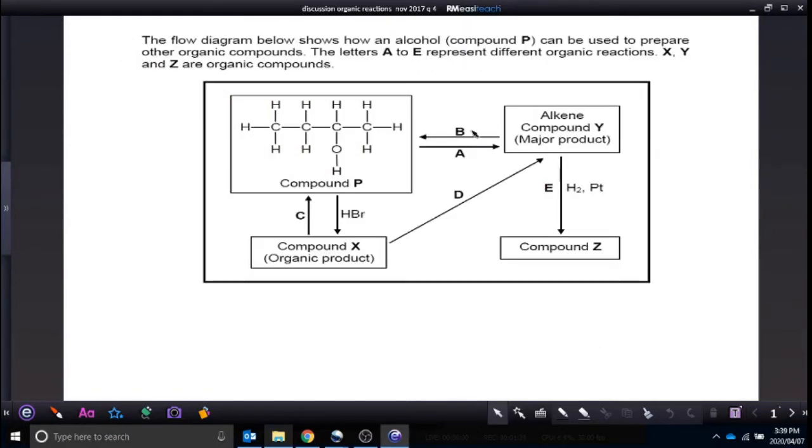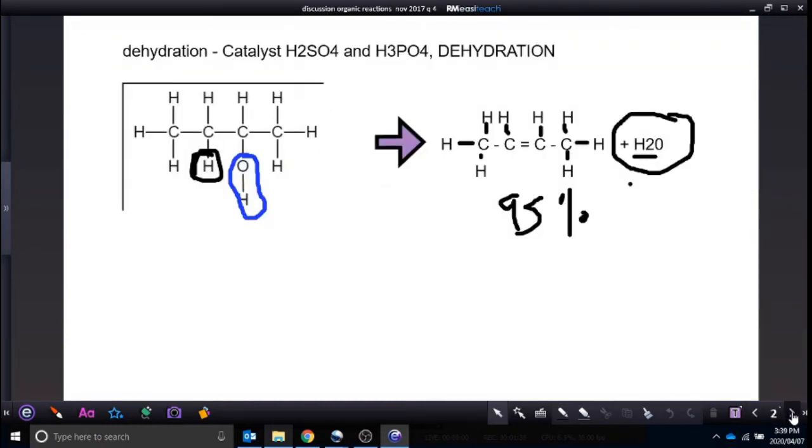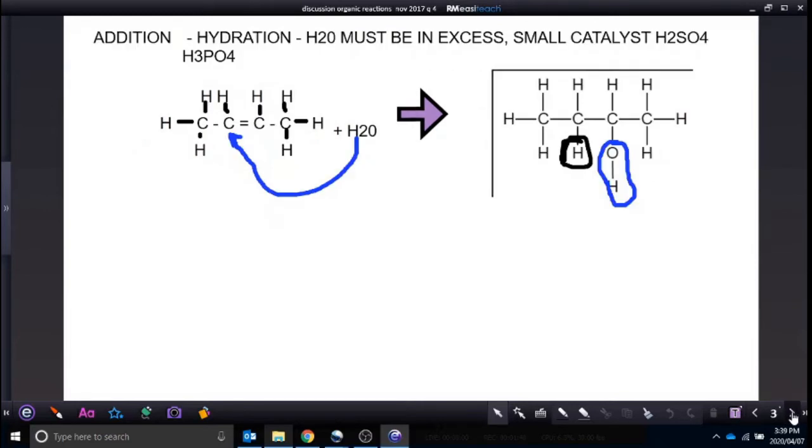So for B it was vice versa. If the first one was an elimination reaction, then the second one will be an addition reaction. So if the one was dehydration, the other one must be hydration. So we add excess water, we add a small amount of the catalyst, not like we did with the dehydration. And now we are using Markovnikov's rule. And Markovnikov's rule says that